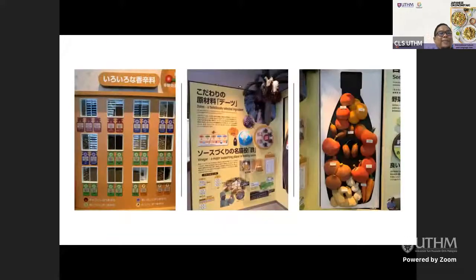This is one more interesting part. This is how the sauce is produced. And the main ingredient for this sauce might surprise you: it is dates, buah kurma. We eat dates almost every year during Ramadan, but this company has used dates since 1973, almost 50 years ago. Why did they use dates? Because at the time, the price of sugar was very expensive.